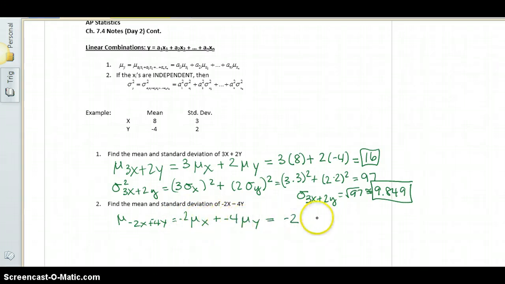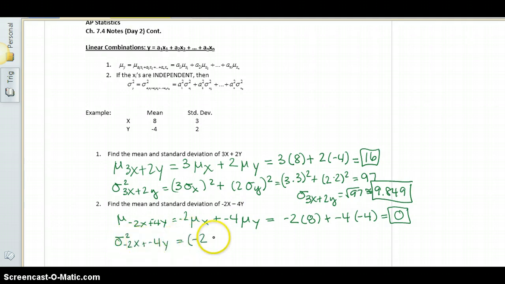Making your substitutions, that's negative 2 times 8 plus negative 4 times the mean of y, which was negative 4. So that's going to be negative 16 plus 16, which equals 0. To find the variance, that's going to be negative 2 times the standard deviation of x, squared, plus negative 4